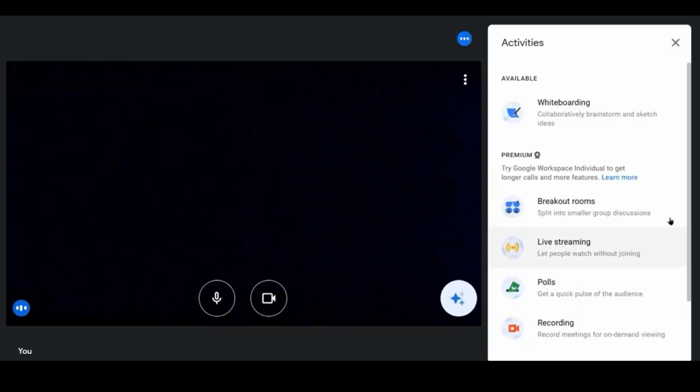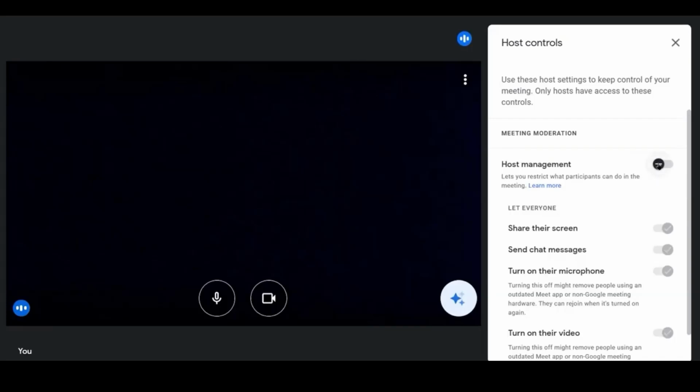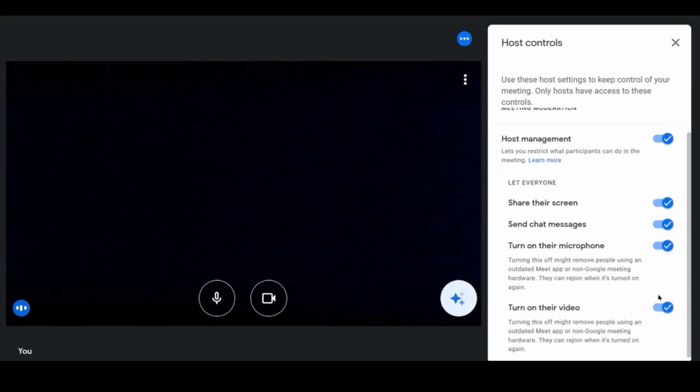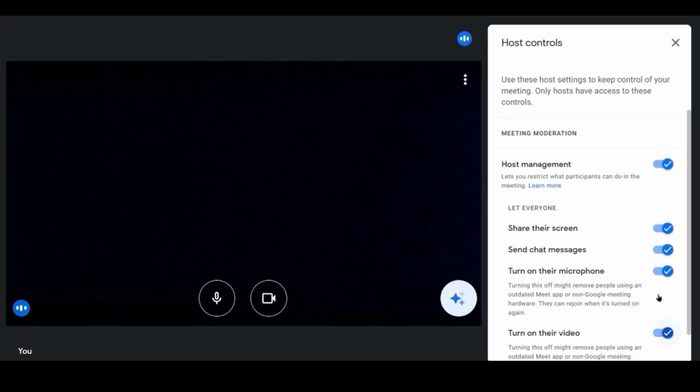Then there's an activities icon where you can get to breakout rooms, polls, record your meetings, whiteboards. And last but not least, there are host controls. And so I'm the host and I am turning on host management. I'm letting everybody in the meeting share their screen, send chat messages, turn on their microphones, and turn on their